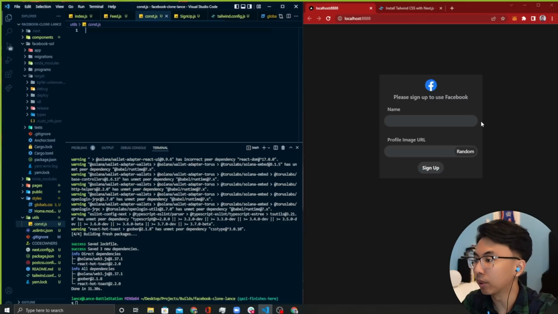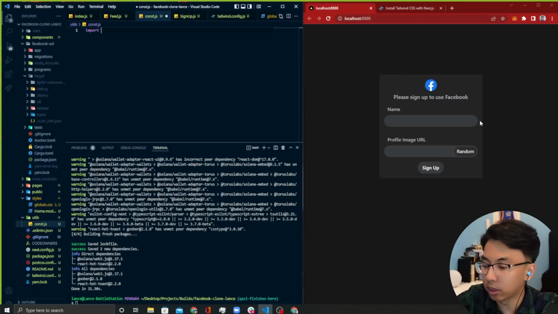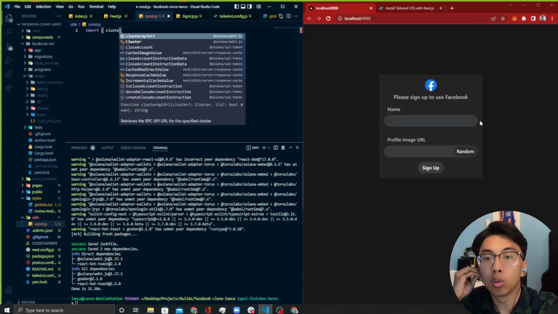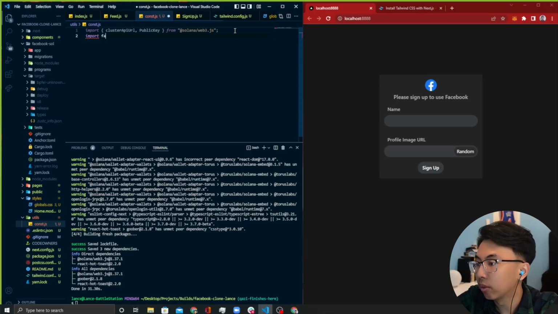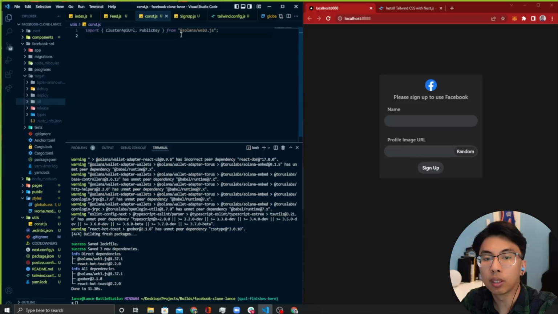We've got to set up a couple things in here as well, which is going to be an import statement that's going to grab the cluster API URL from the Solana web3.js, which we added with yarn. Then we also want to get the public key from there. Cool. From there, we want to import Facebook_Solana from. The next thing we want to import, before we do that, we actually need to go into our